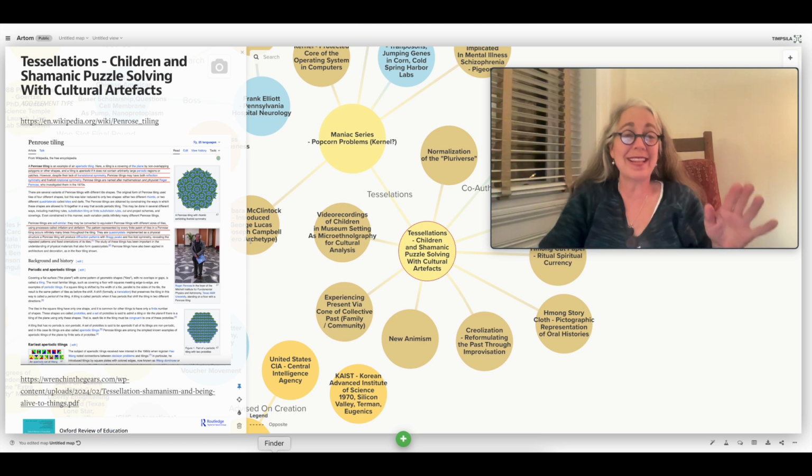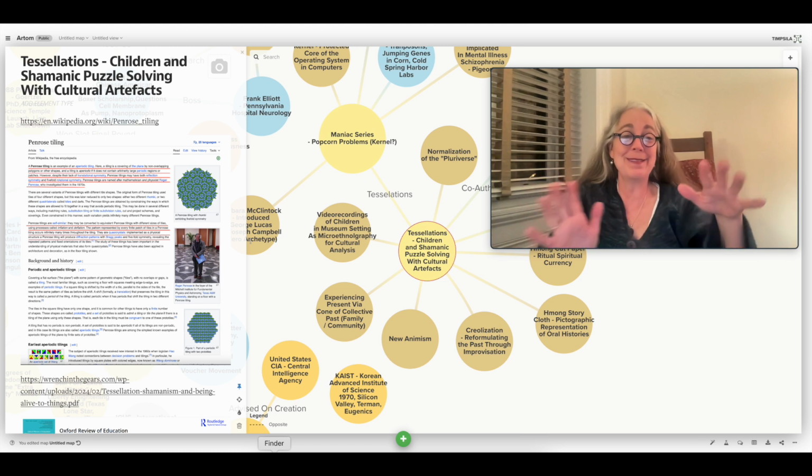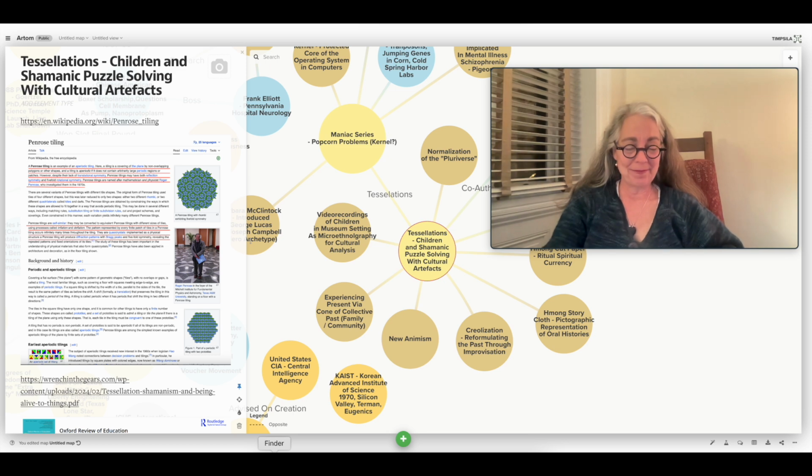I acknowledge that I don't know how to do it outside the system. And maybe I'll get to Arkansas and I'll find a community and we'll just not do it anymore here, and we'll just do it in person. And certainly there's lots of frequency and water and crystals there. So maybe we just don't even need this goofy interface, and you guys can be on your own and do your own thing. But for now, this is here. And if you want to do it this way, this is the only way I know how to do it right now. Okay, so I guess I will close my story with that,